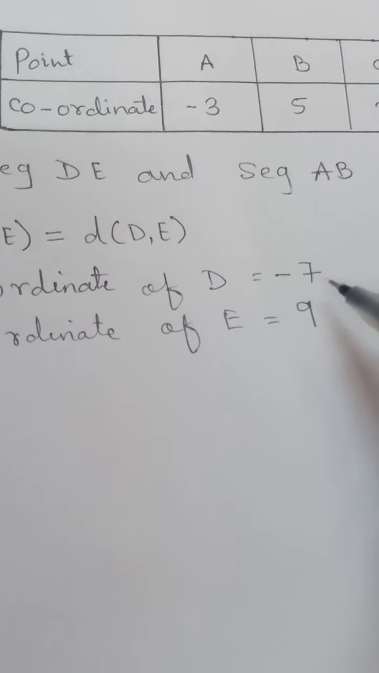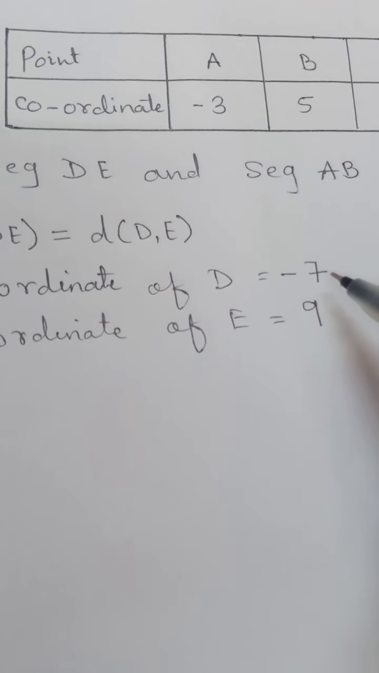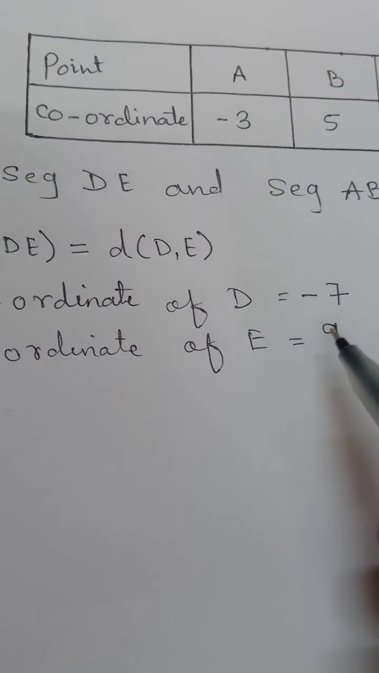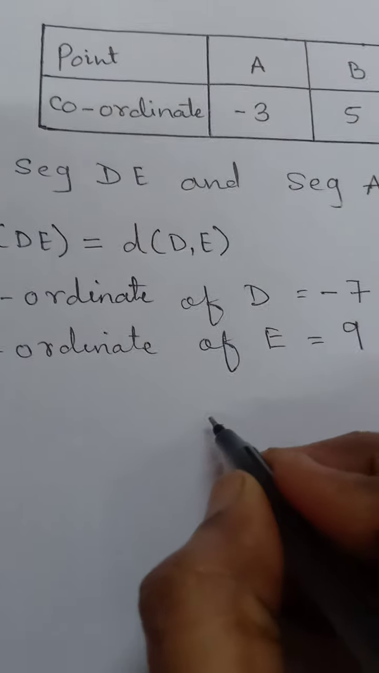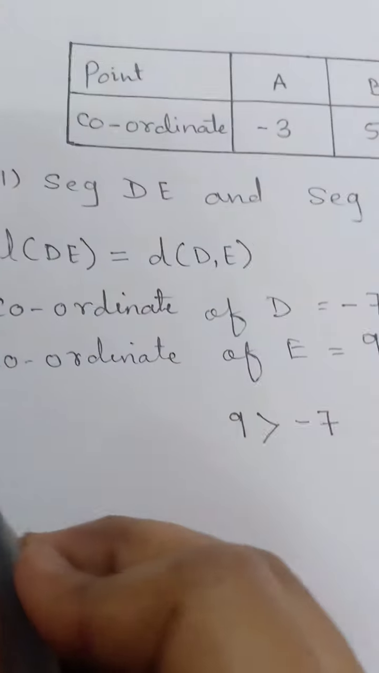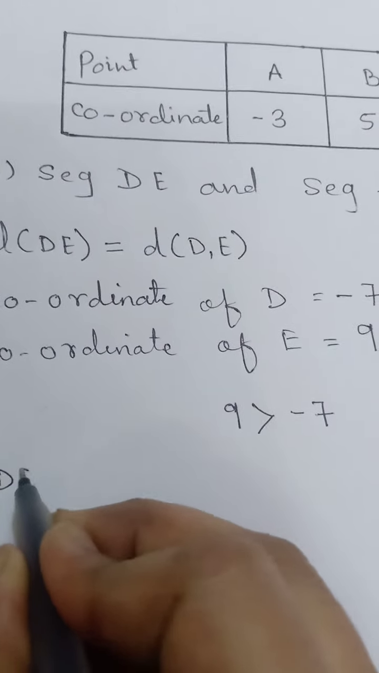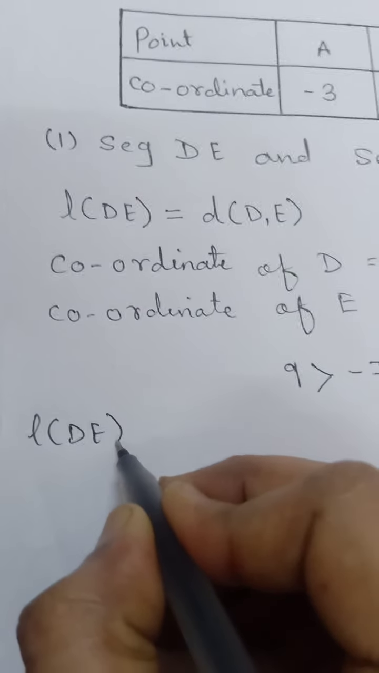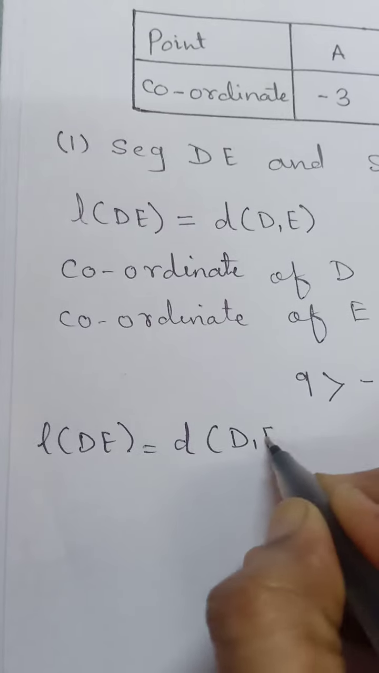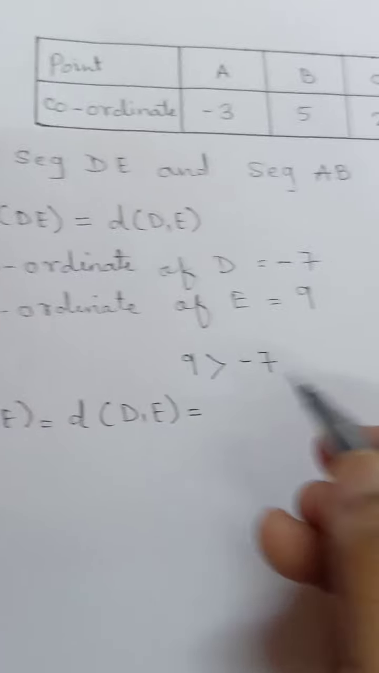Now we have to compare these two coordinates. If we see, it is -7 and it is 9. Always a positive number is greater than a negative number like -7. So 9 will be greater than -7. Therefore the length of DE is nothing but the distance between D and E, which is equal to,